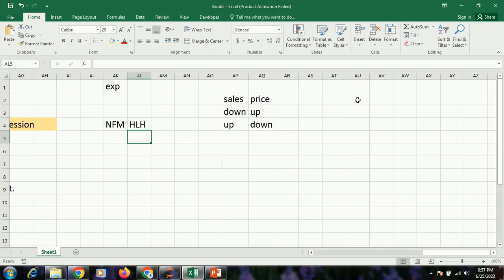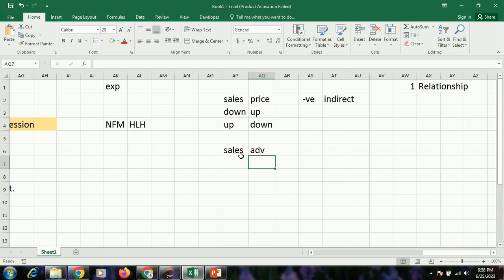So regression tells us first the relationship between two variables, and the relationship could be something like this: when price goes down, sales go up, which we call a negative relationship, an indirect or inverse relationship. And there could be another kind of relationship, maybe like sales and advertisement. What happens when you increase the advertisement? Sales are more likely to go up, is it not?